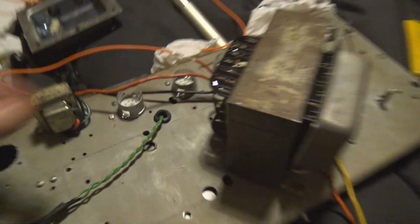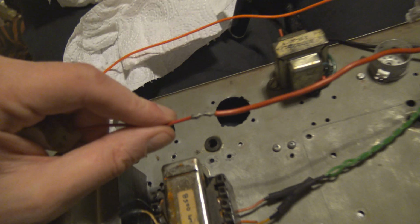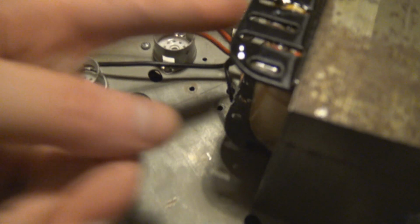We're splicing a wire from the output transformer, because if you remember, look, that splice there was inside the amp, and I don't like it being inside the amp. I don't want to see it. So splice, splice, hide them there inside the